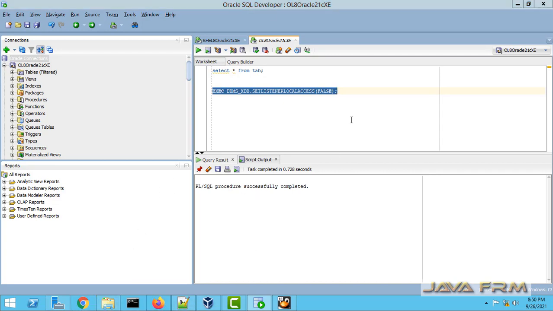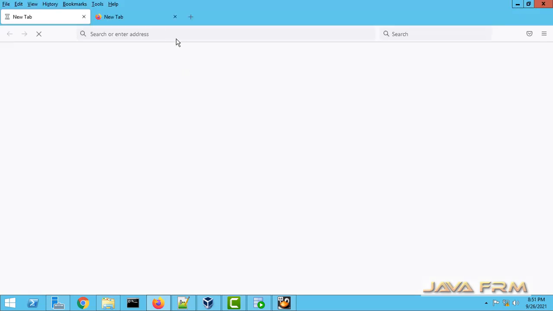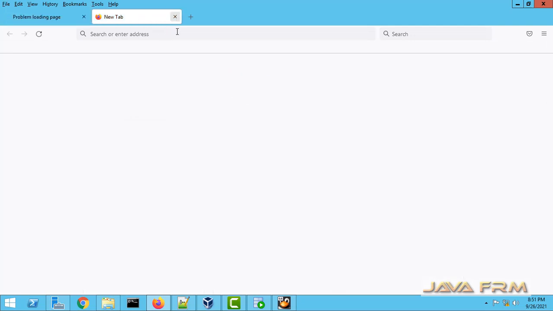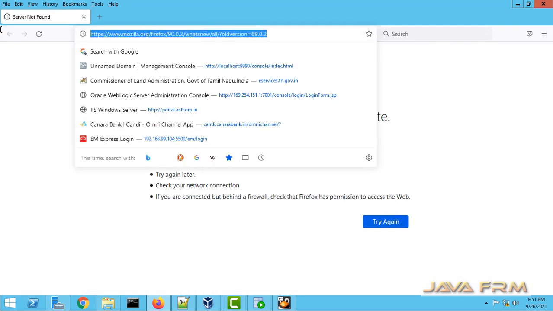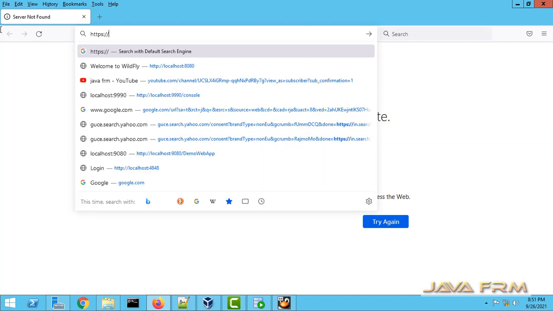So I am opening one browser here on the Windows operating system. From the Windows browser, I can access the Oracle Enterprise Manager, which is running on the Linux box. For that reason only, I have unblocked the port on the firewall previously.